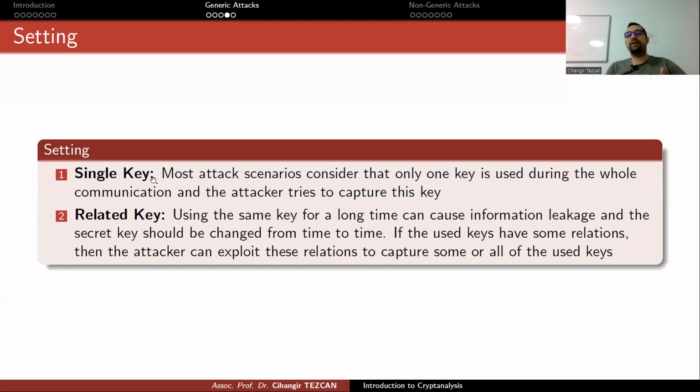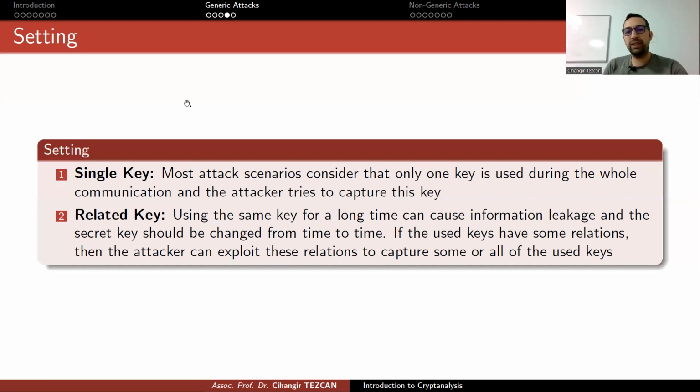So for instance, there are some ciphers where you can only break 10 rounds in the single key setting, but break 14 rounds in the related key setting. But of course, that relation will be something you choose, so it is a little bit unrealistic, but it also shows the security of the cipher. So let's look at the related key.